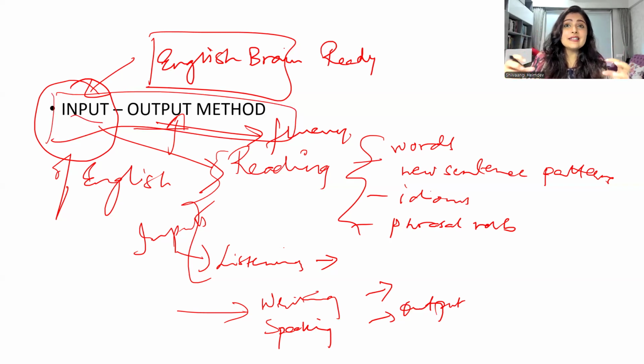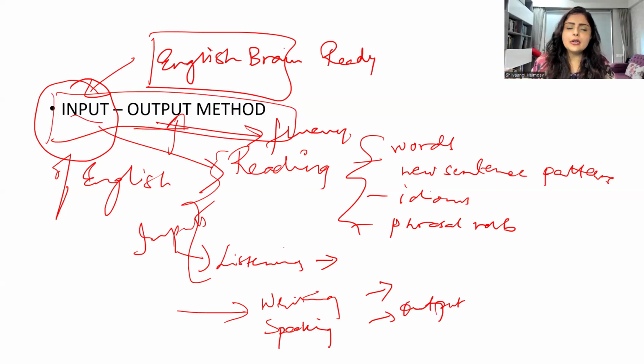Make sure that you institutionalize this method. Incorporate this method in the way of your living, so throughout 24/7 you can do that. You see a hoarding which has some slogan on it. Use that slogan as an input. Immediately use that slogan somewhere in your English context. Type it, use it in your spoken English, use it in your colloquials, and that's how you can improve. So input and output should happen constantly in your day.